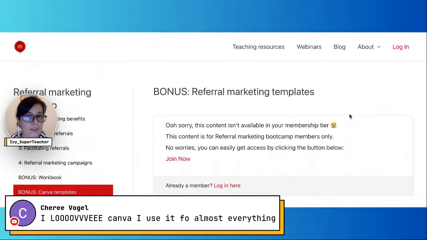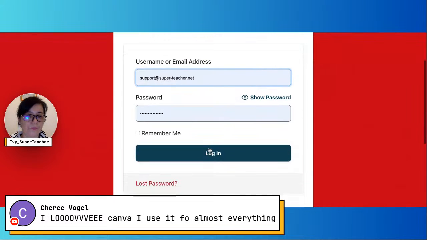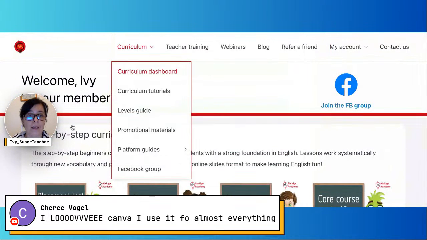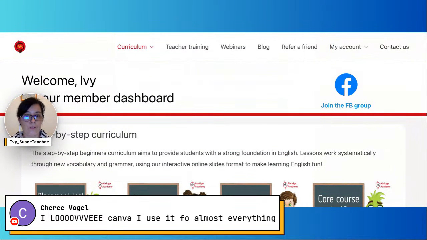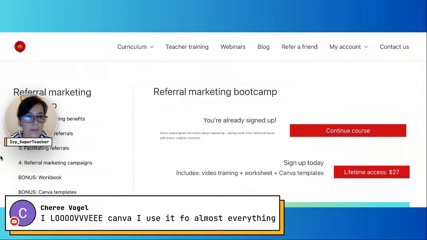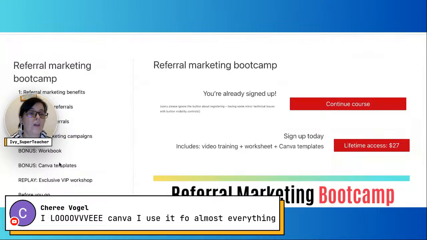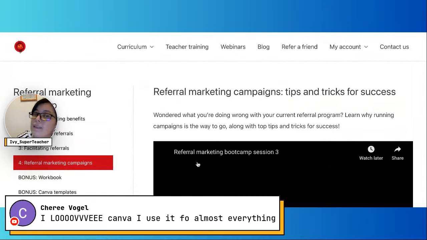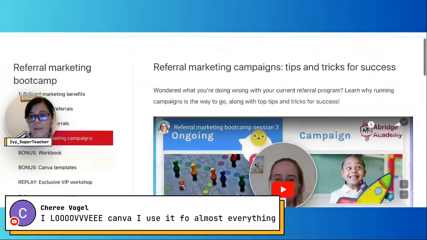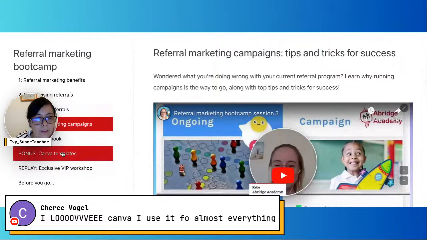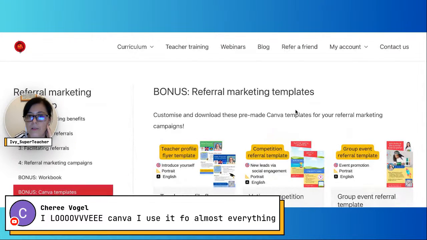Okay, let me log in, and just to show you what I mean by having templates done for you. All set. Okay, here it is. Let's see the templates. Just to give you some ideas, and you won't find this on Canva or anywhere else. Sorry, my mouse is a little bit slow.